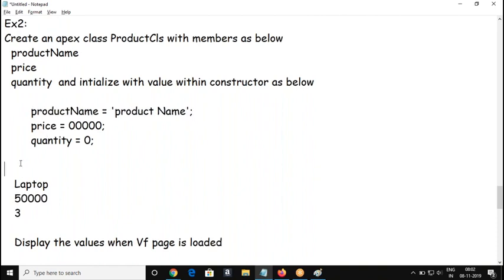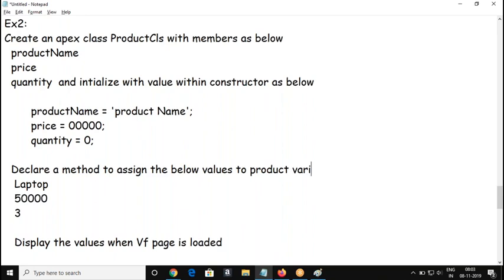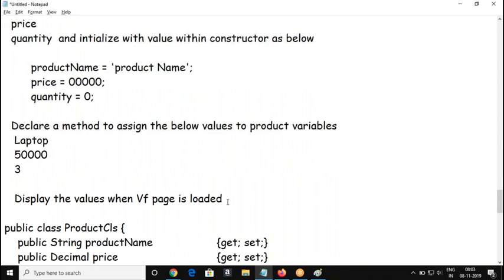Declare a method. Product variables. When I say product variables, it's product name, price, and quantity. And display in the VF page.